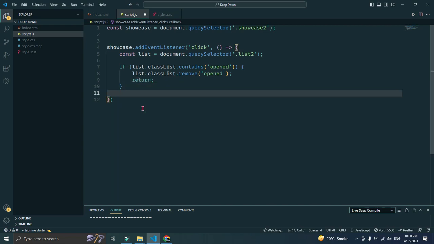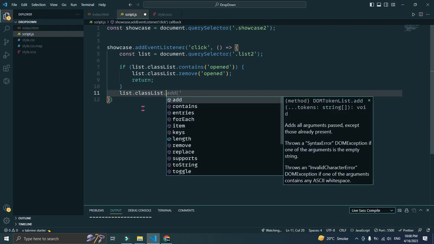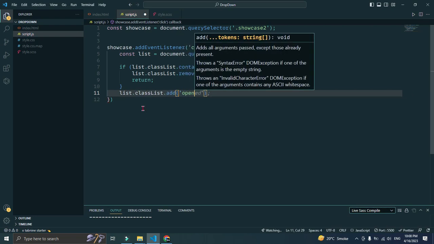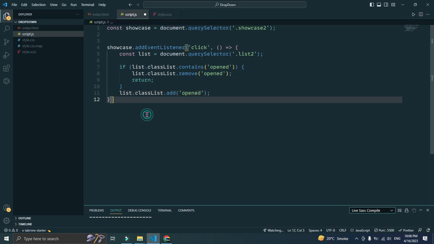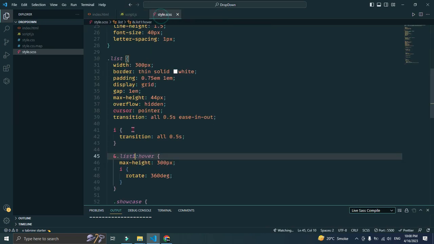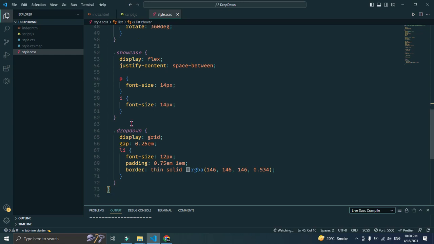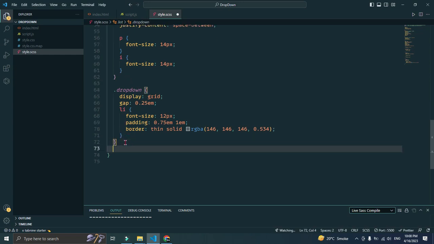Okay, otherwise list.classList.add opened. So by the way, what are we saying? That when someone clicks on you, go into this function, select the element, and if that element contains class opened, then remove class opened and just return. And if there is no class opened, then add class opened. That's it. And for that we need to add the class opened here in .dropdown, and here we can do